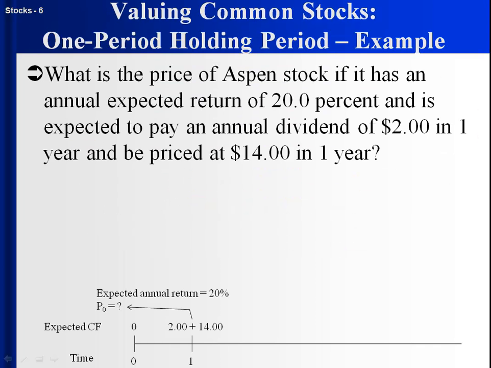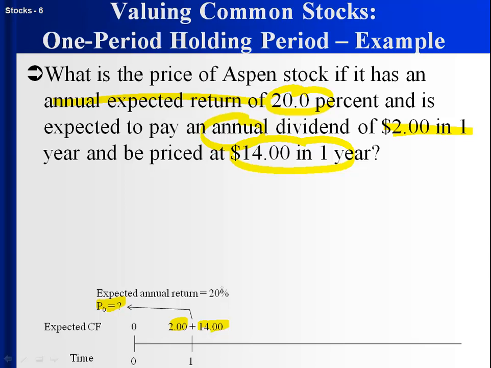So let's look at a few examples. We have Aspen stock, annual expected return of 20%, annual dividend of $2 in a year. So in 1 year we expect $2, and in 1 year we expect the price of it to be 14, so we could sell it for 14. So we want to know what the price is today, and here we have a stock where in 1 year we expect it to put $2 in our pocket from a dividend. We expect to be able to sell it to put another 14 in our pocket, but that's in 1 year,